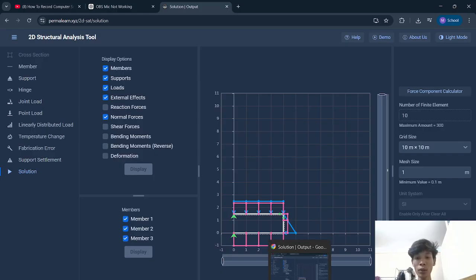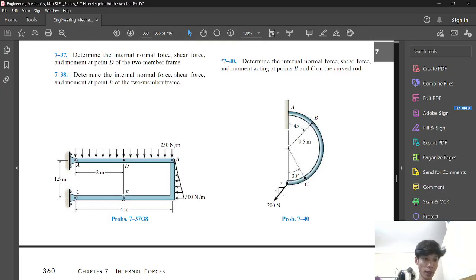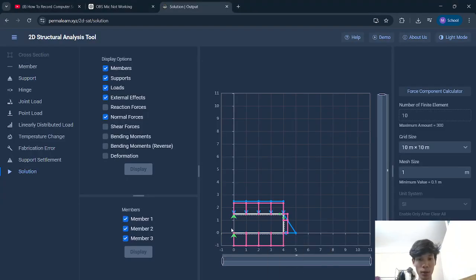So the exercise asks for the normal force at point E. Where is point E? Point E is like this. So we scroll our mouse and put it on point E, and we see the normal force equals minus 1.4833 kilonewton. This is the result of our problem solving